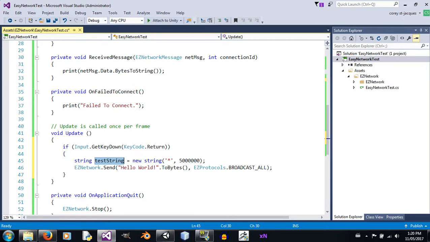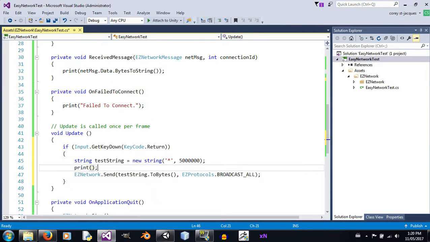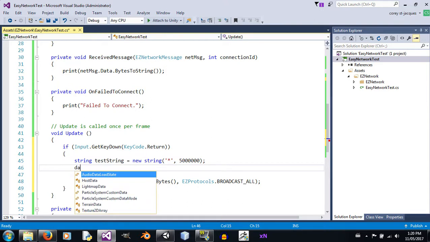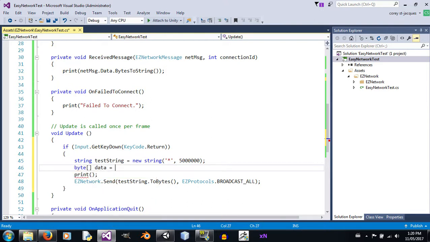Now when we put this string inside of our send method, we will print the size of our string, byte array data dot length, sending bytes of data,